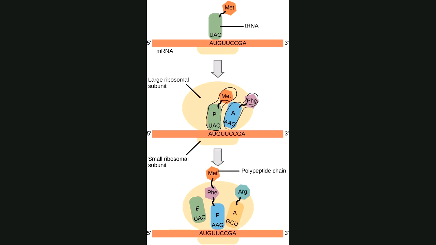Now, one end of the tRNA is going to be complementary to a codon on the mRNA, meaning just like DNA base pairs A with T, it's the same except remember with RNA there is no T, so it's A with U, C with G. So this portion of the tRNA that's complementary to the codon is called the anticodon. The other end of the tRNA is attached to the appropriate amino acid. So in this case, methionine is the correct amino acid.